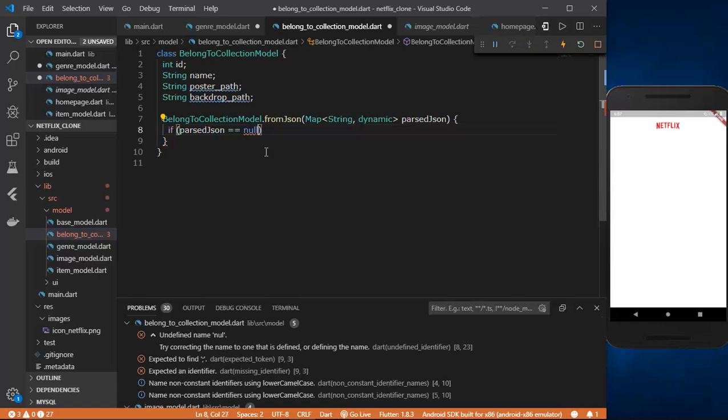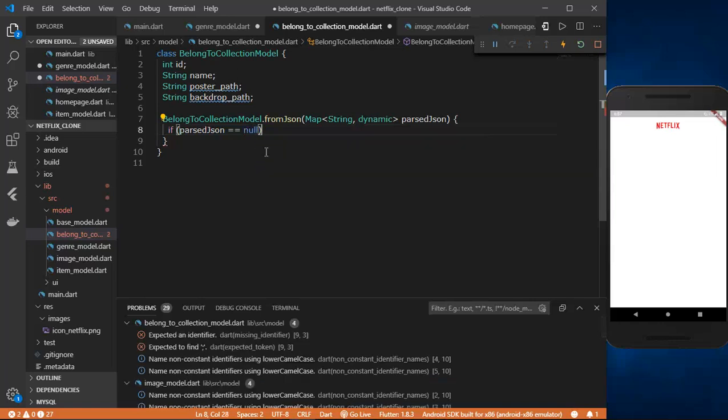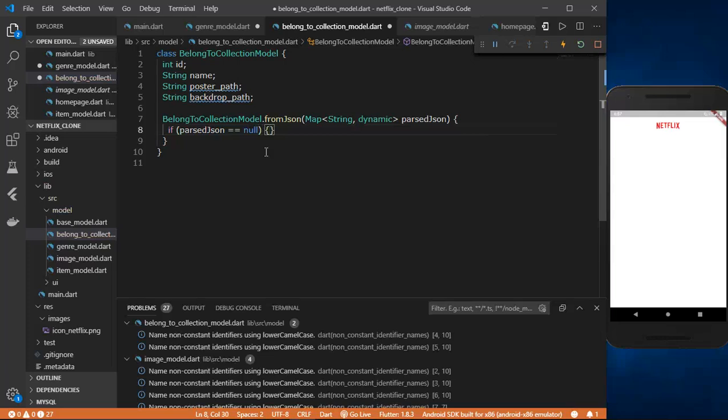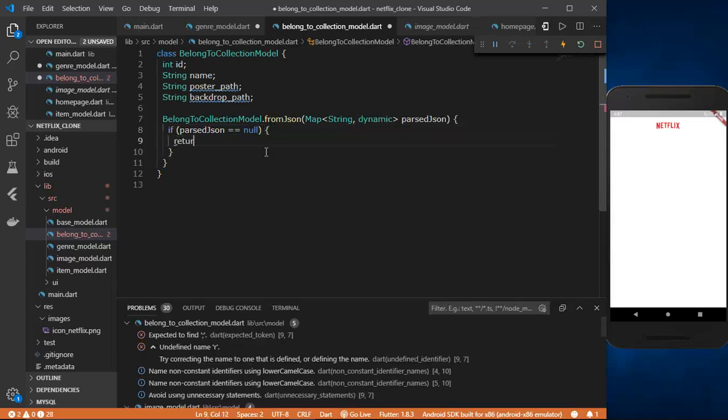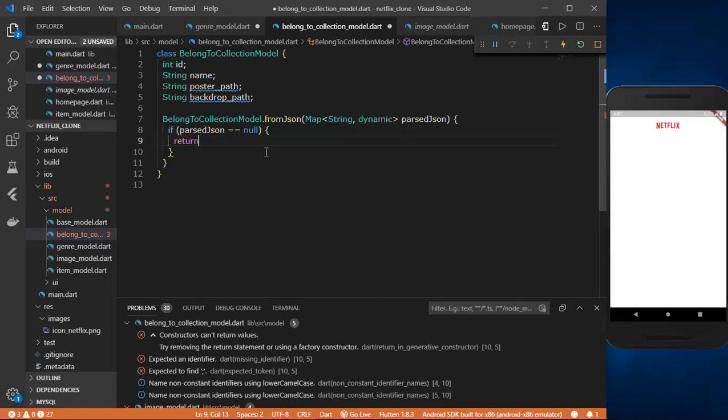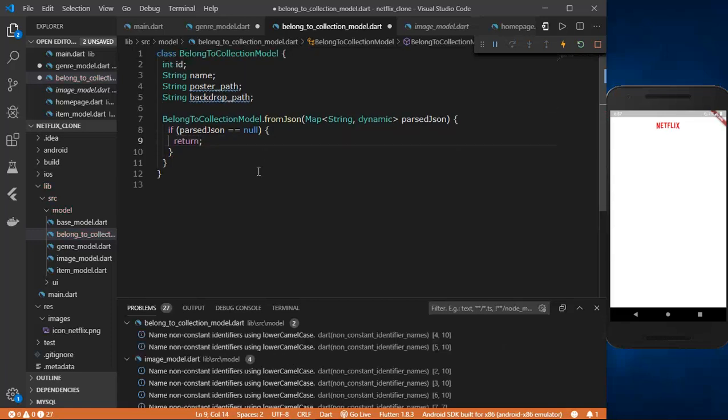So we are giving here a conditional. So if the parsed JSON, that means the JSON data comes out to be null, then we'll return nothing. So as you guys can see, if the JSON data is null, then the movie would not belong to any collection category or the collection model. So we'll just return nothing,